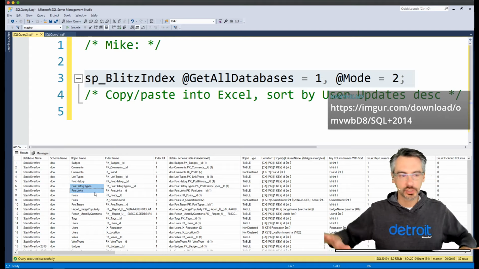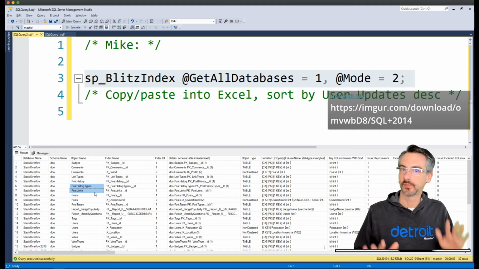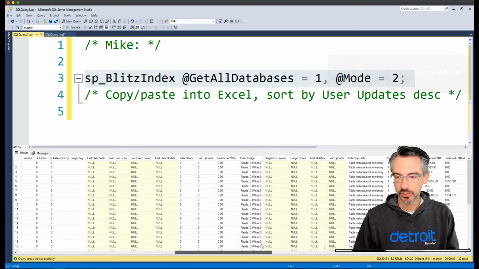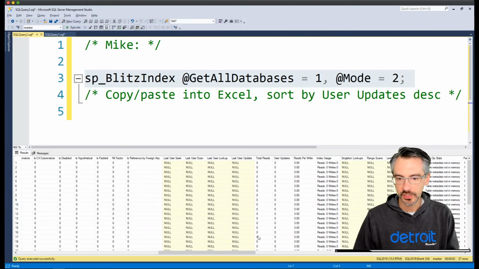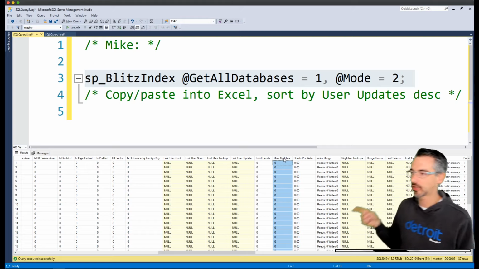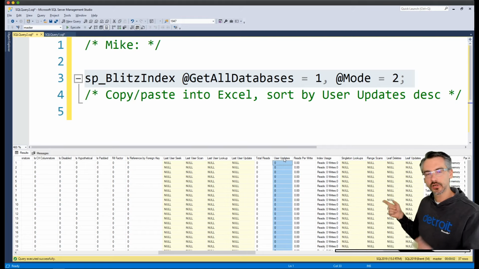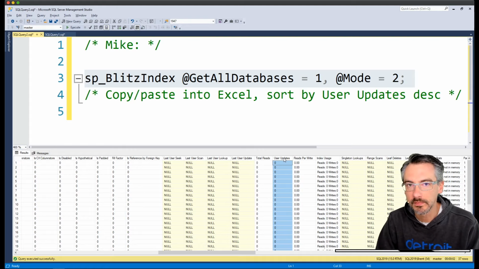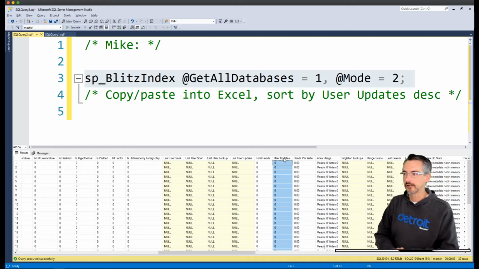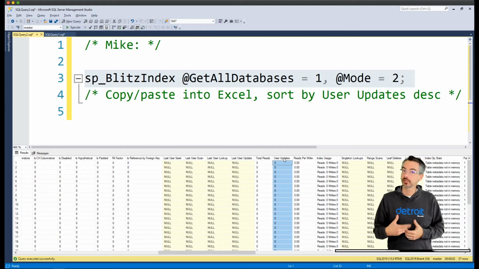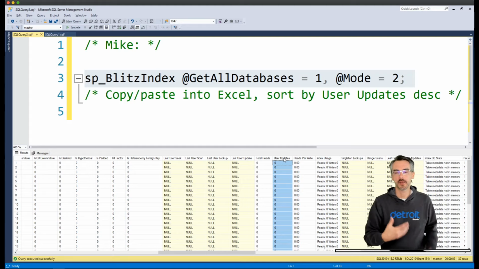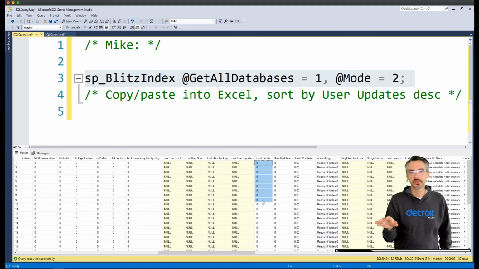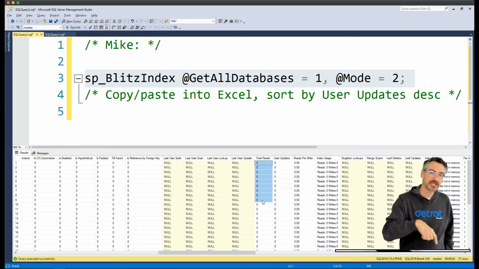I want my storage to be doing as little writes as possible, especially for indexes that I'm simply not reading. So to do that, you're going to scroll across over to the user updates column, and sort by that descending. You're going to have to copy paste into Excel to do that because, of course, clicking on columns to sort them is apparently too hard for a database product. So copy paste that into Excel, sort by updates descending, and